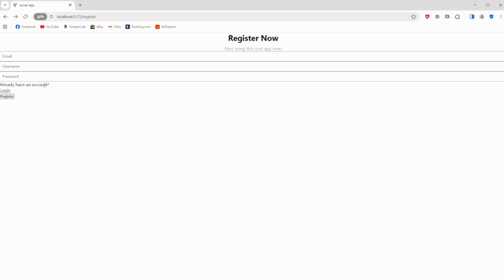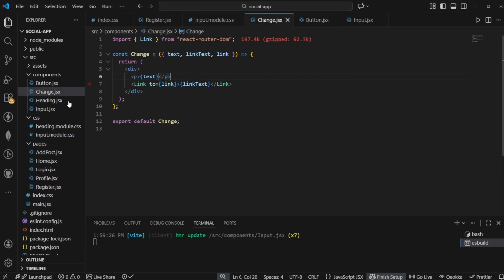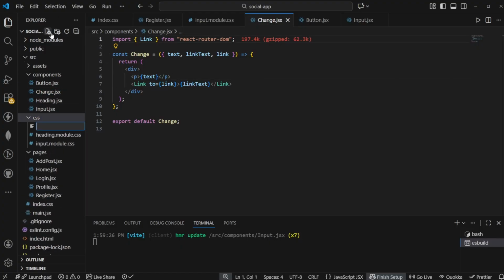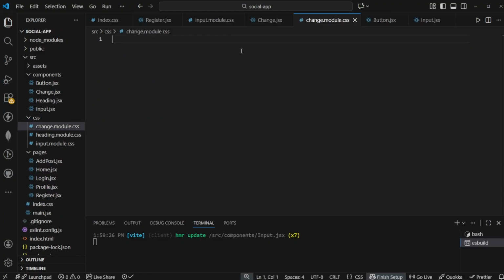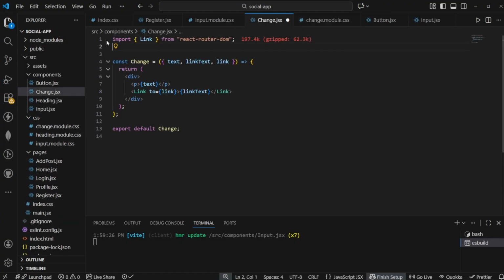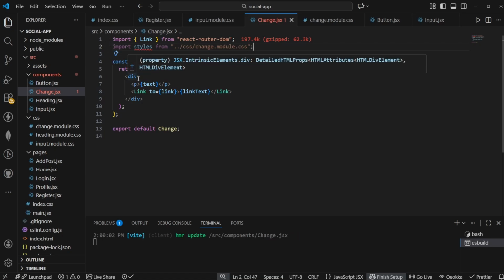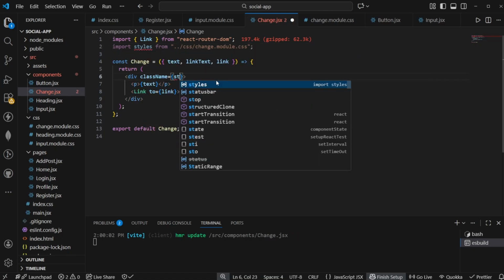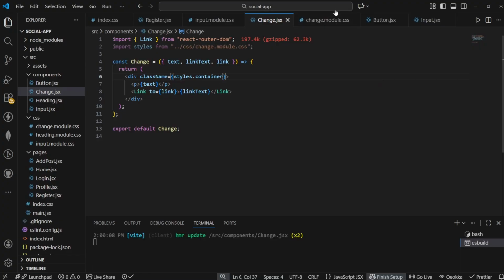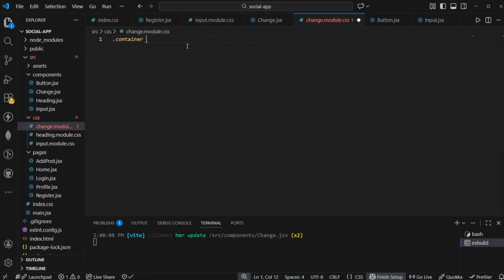Next up, we need to define the styles for this change component. So within our change.jsx, let's import a style sheet as well. But first of all, we need to create a style sheet. So let's create change.module.css. Let's import those ones. So import styles from /css/change.module.css. For this div, let's create a styles.container class that will just create a display of flex, so those items